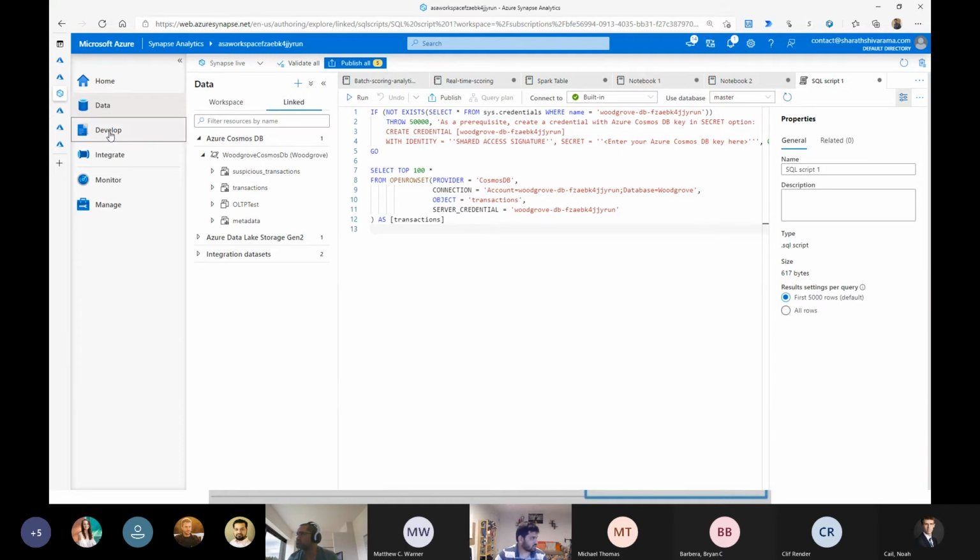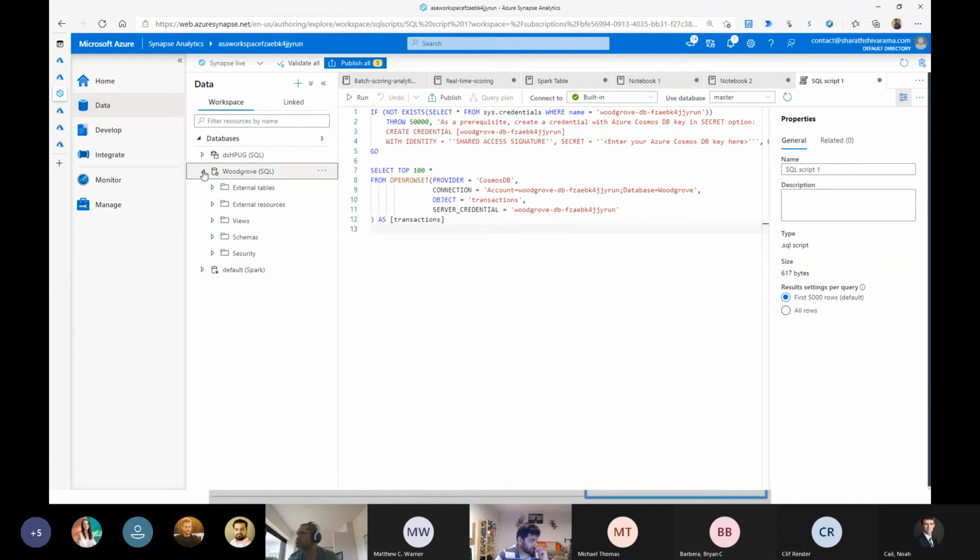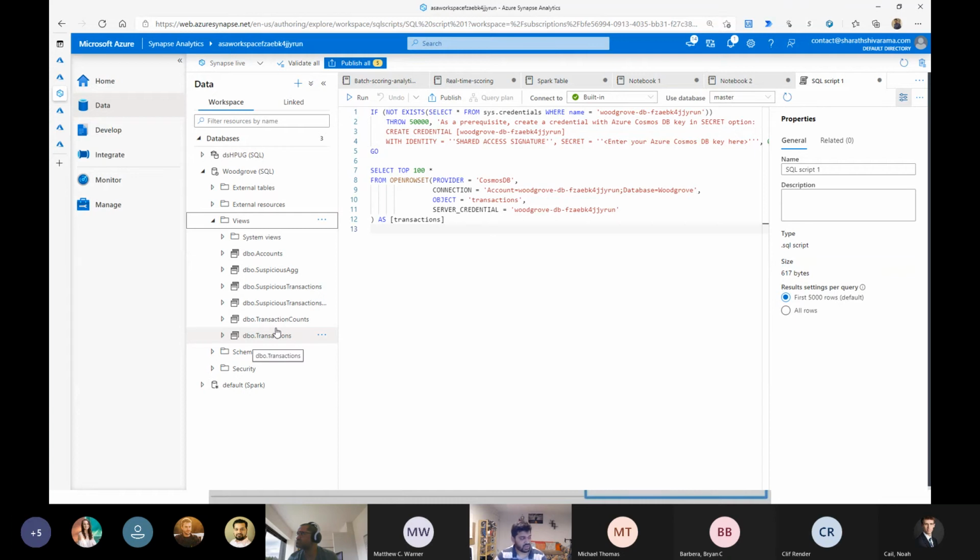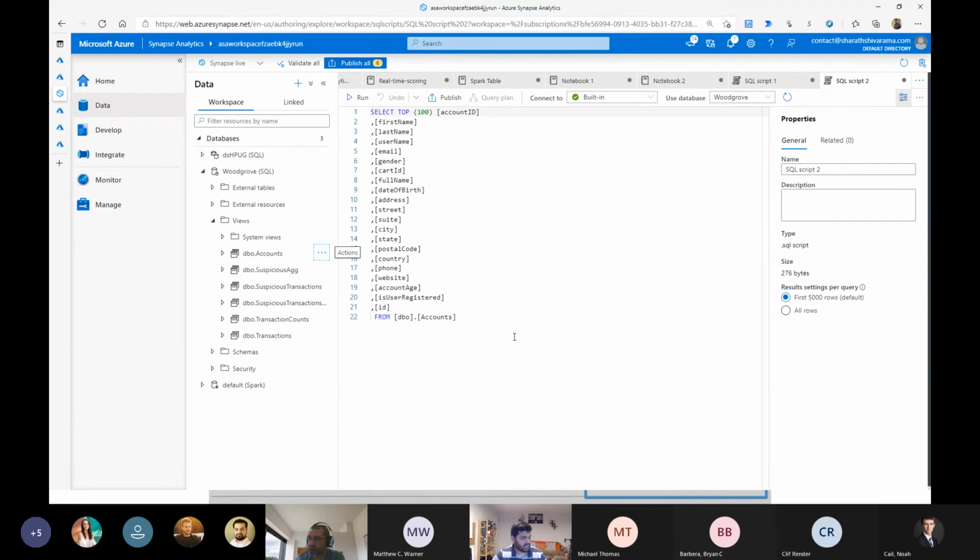Now let's go into the workspace. If you go to the views, you can see I have created these views on top of the analytical store that is there. Let's say I'm running this query where I'm trying to bring in the top 100 accounts. When this query is being run, it is actually running directly on the Cosmos DB analytical